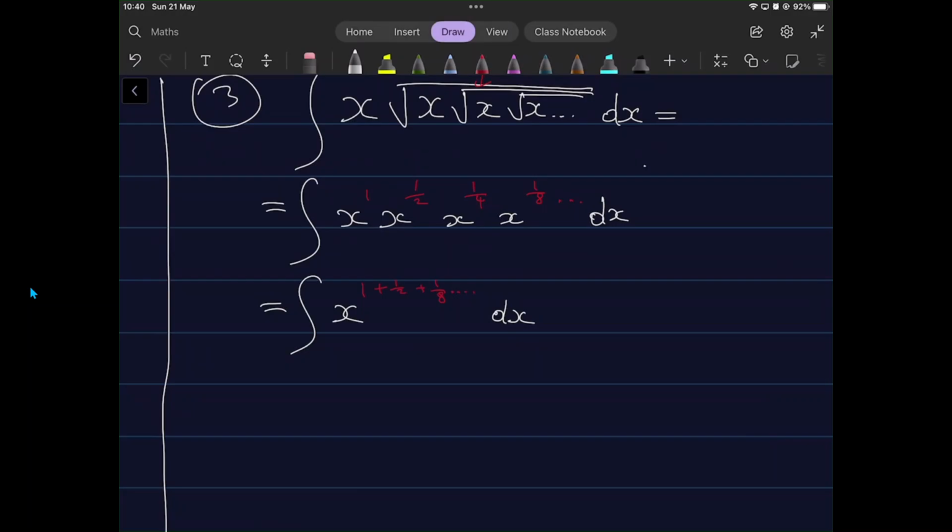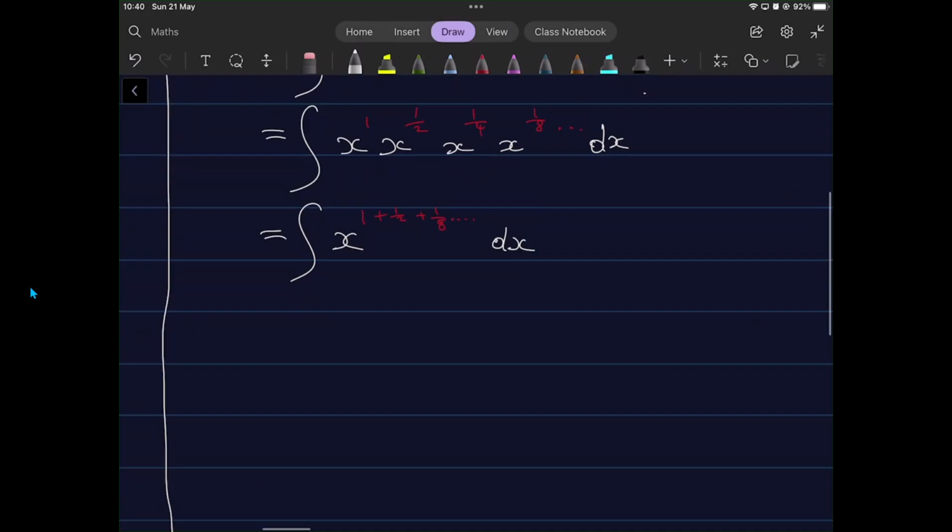We need to just work out what this 1 plus a half plus an eighth is equal to. And it's actually equal to 2. So we have x to the power of 2 dx. How do we know it is this? Well, I'm going to use a concept called